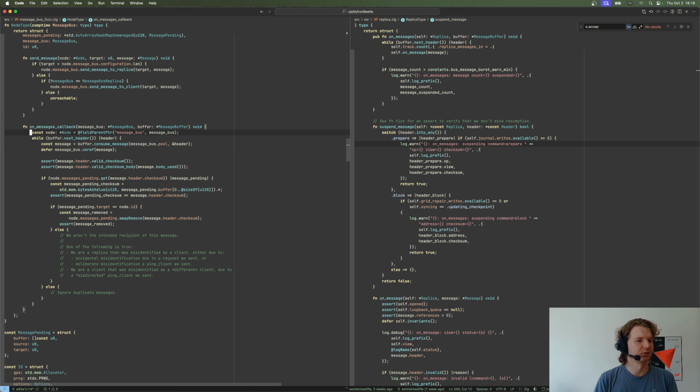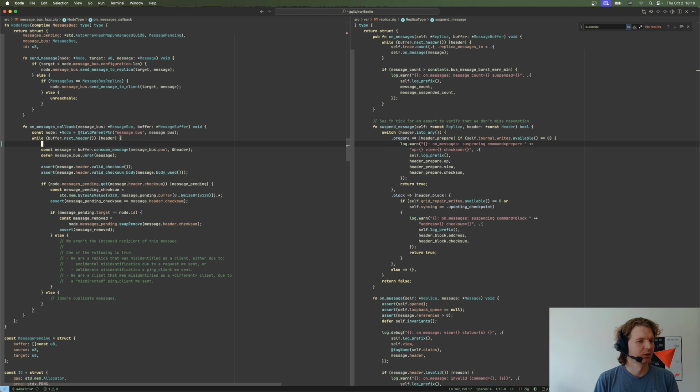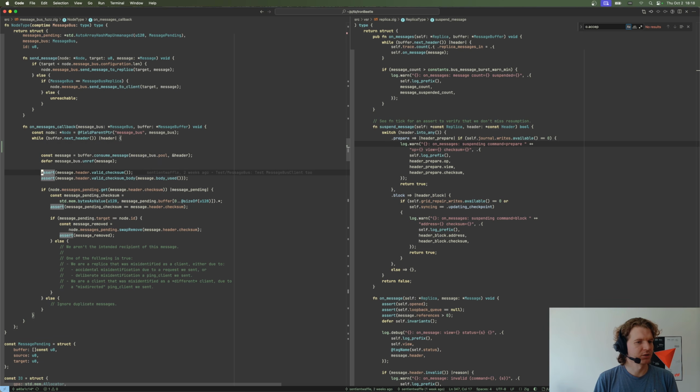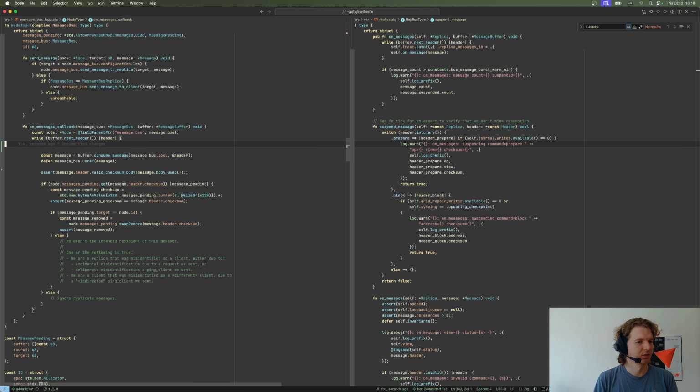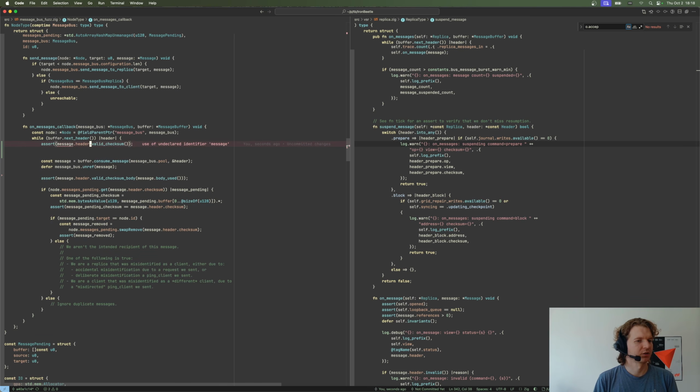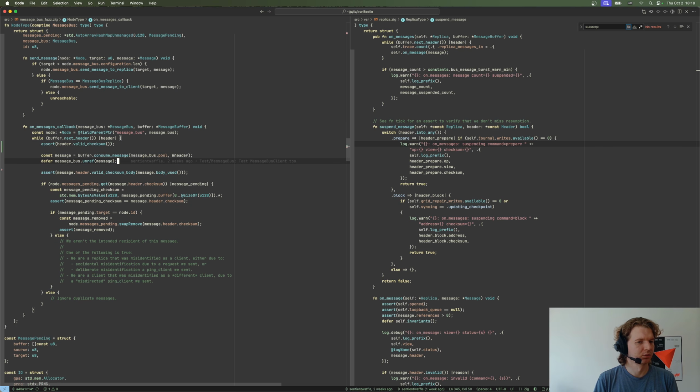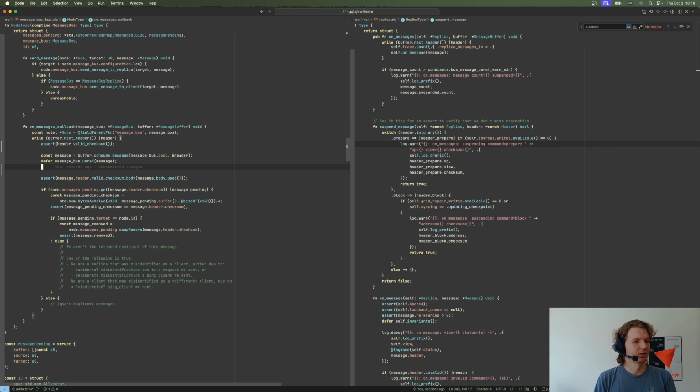So let's do this. Here is the checksum. Assert that